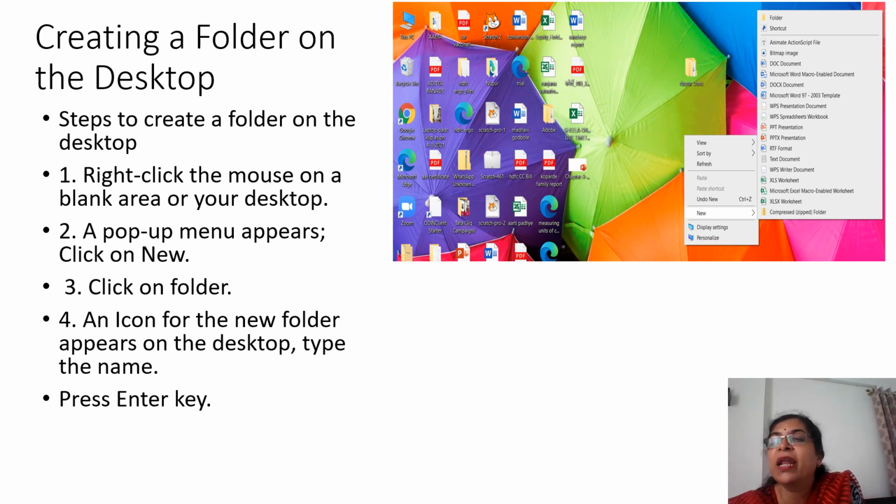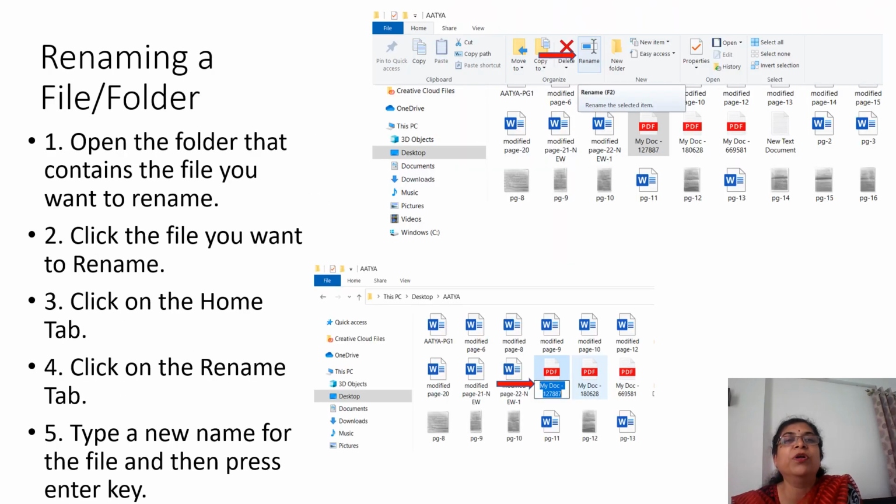See here, on the right hand side, the first option is Folder. Bring your mouse pointer on that and click it. An icon for the new folder appears on the desktop, and the cursor is waiting for you to enter the name. So type the name and press Enter. It will get confirmed and create that folder.